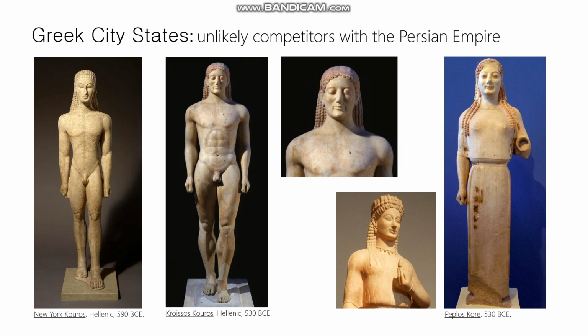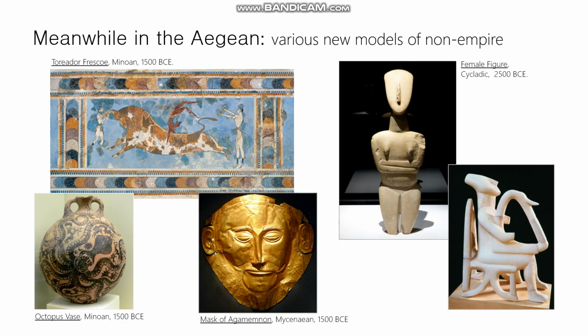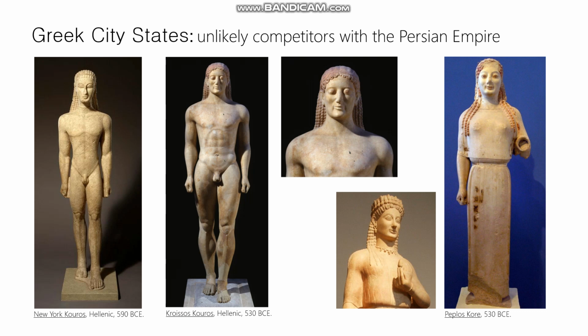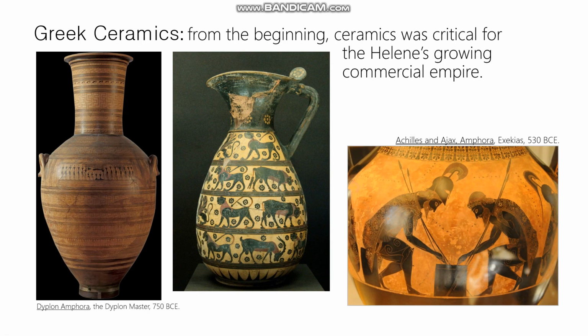The Greeks had continued from these cultures, remember this, the Minoan, the Mycenaean, and even in some ways the Cycladic cultures, and had built upon them after the Bronze Age collapse. During this Archaic period, they had slowly come up with a new kind of culture, which we call Greek. And you can see that they're quite willing to be inheritors of traditions of other parts of the world, like the Egyptians and the Assyrians and Mesopotamians, but they were finding their own new version of it. And we see this especially in the development of their ceramics, where, like, here's a